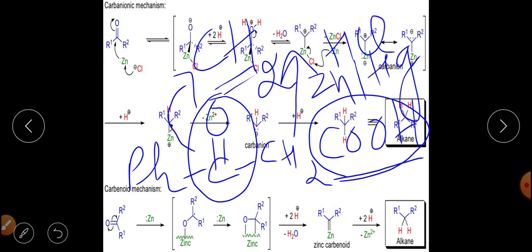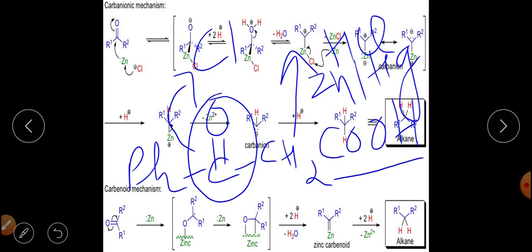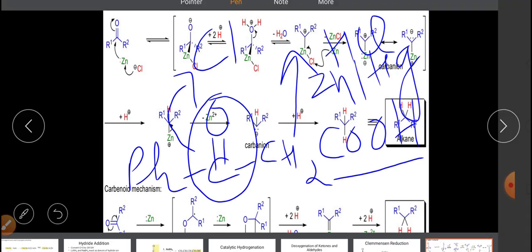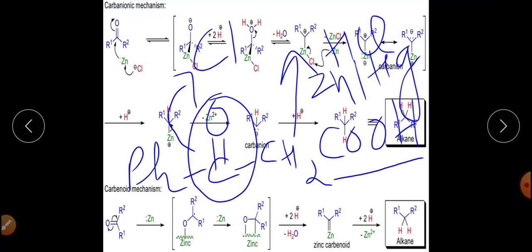It means we can convert this particular substrate into a carboxylic acid, right? And this C=O will get converted into only CH2, that is the methylene carbon. So this is the beauty of this reaction. This is the synthetic importance of the reaction, where we can particularly convert a particular functional group into CH2. So it can be applied in this type of reaction.